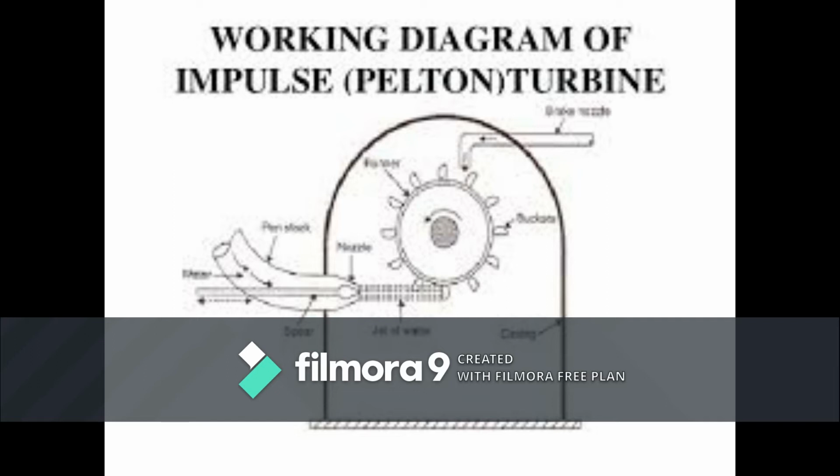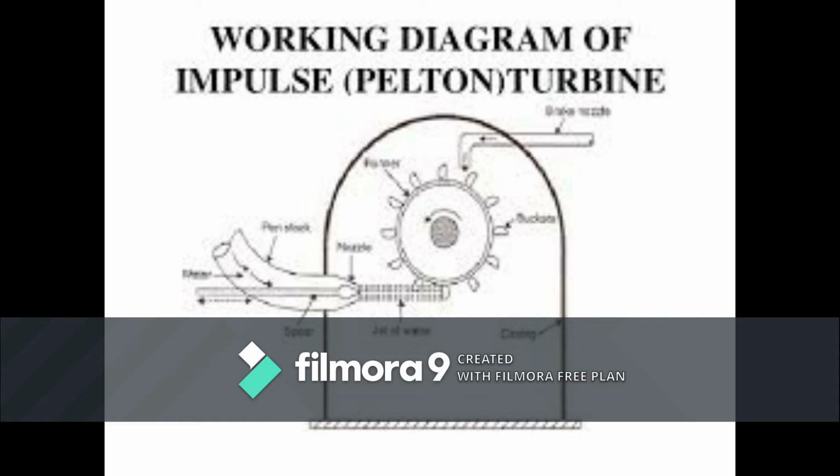In a water turbine, the water's high pressure energy is converted into kinetic energy by means of a nozzle, and this high kinetic energy of the water, which falls on the buckets or the vanes of a wheel, changes into mechanical energy which makes the wheel rotate. The wheel is mounted on the runner, which is mounted on a shaft. The shaft rotates and, when coupled to an electrical generator, generates electricity.